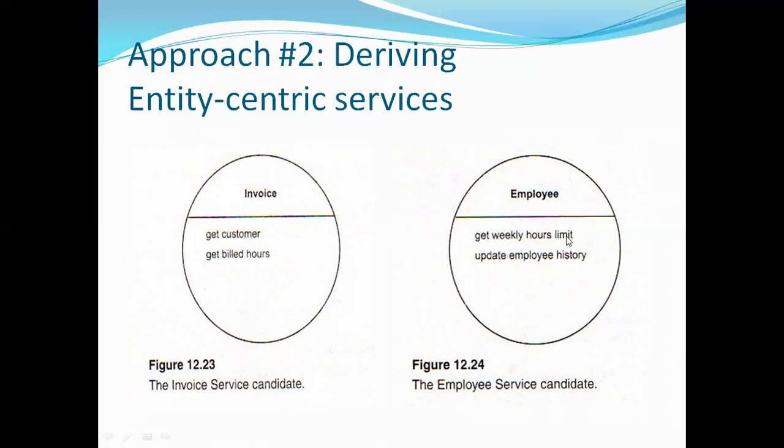Get weekly hour limits, because this is required for comparing the work done in that particular week. If the total number of hours worked is less than the weekly hour limit, then the timesheet is accepted. And if the timesheet is rejected, update the employee history. The comment is sent by the clerk to the employee that your timesheet is rejected because of these three reasons.